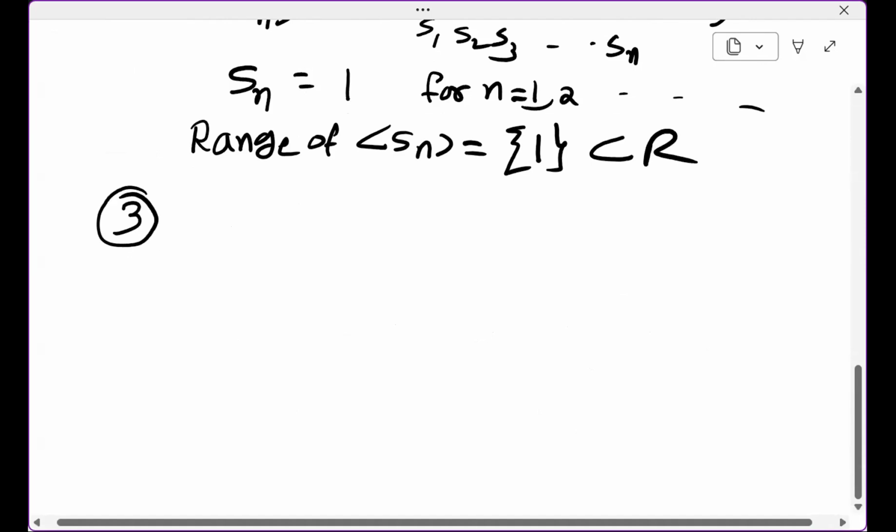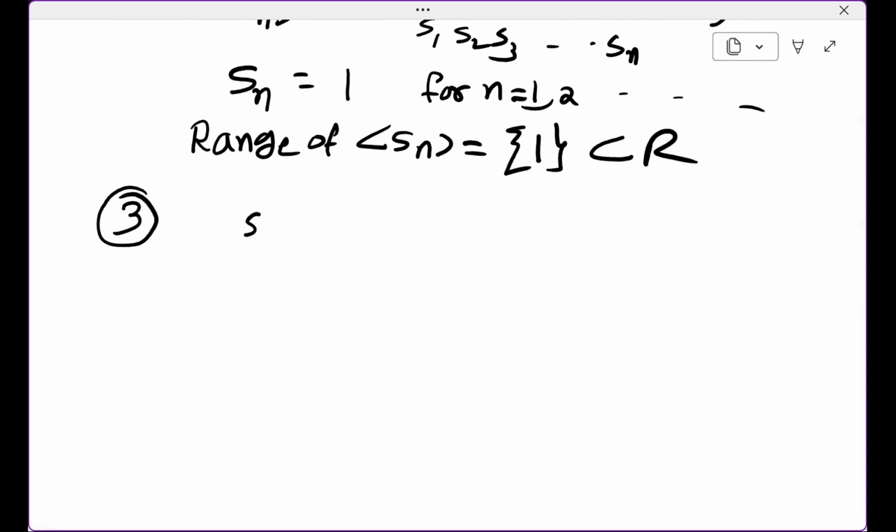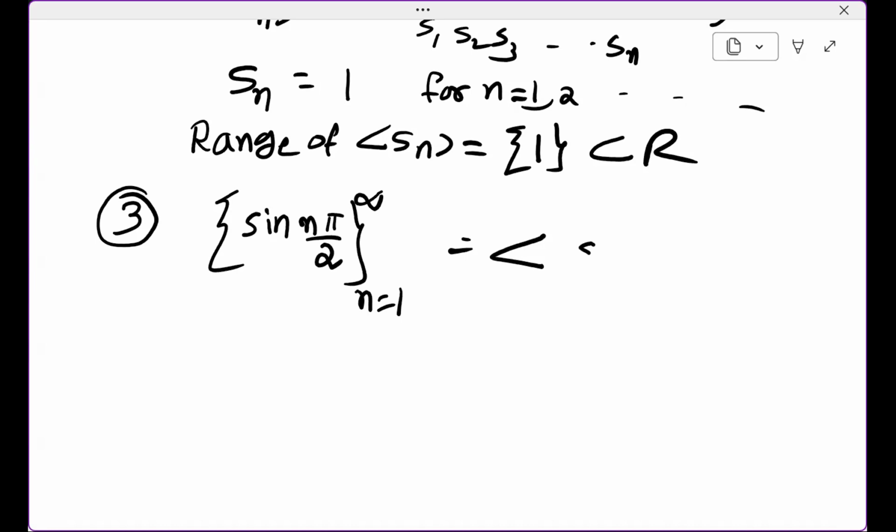For example, you have sine n pi by 2, n equal to 1 to infinity. Sorry, I denoted like this habitually. Let us denote the sequence like this to avoid confusion between set and this. n equal to 1 to infinity. So what is the sequence then? The sequence Sn is nothing but